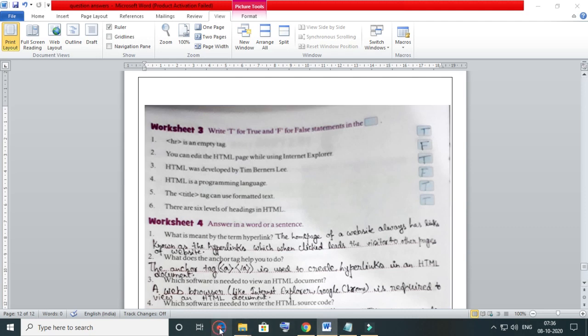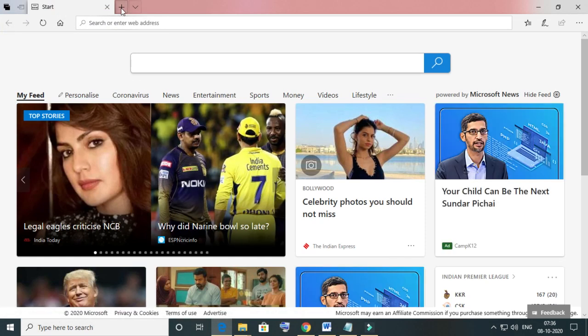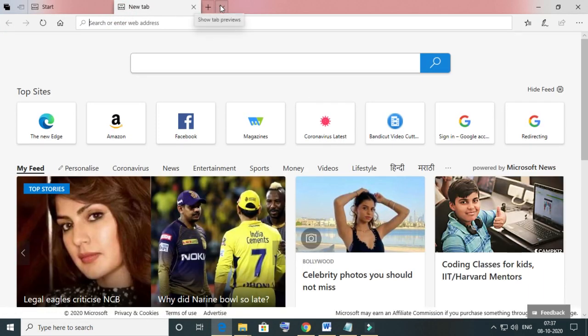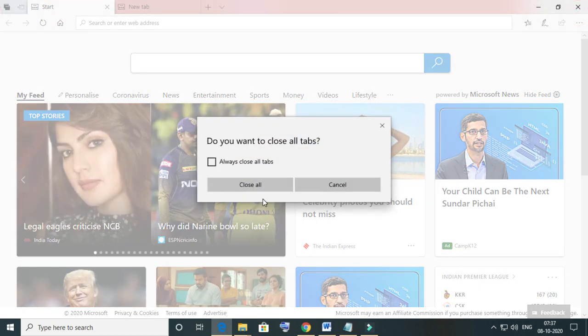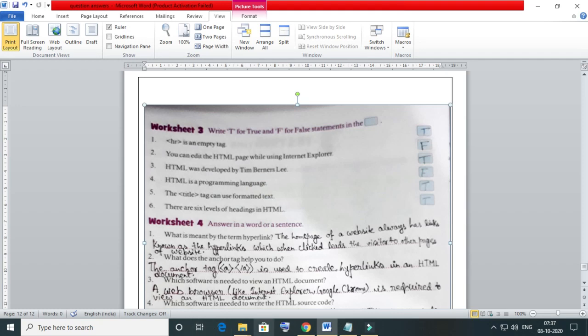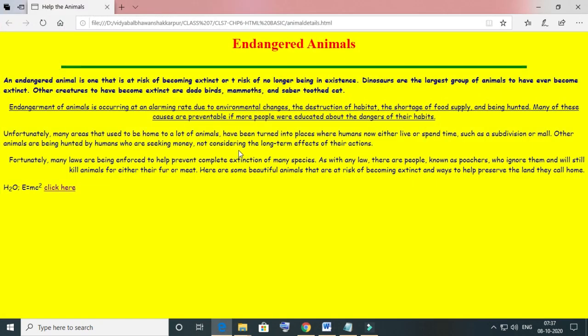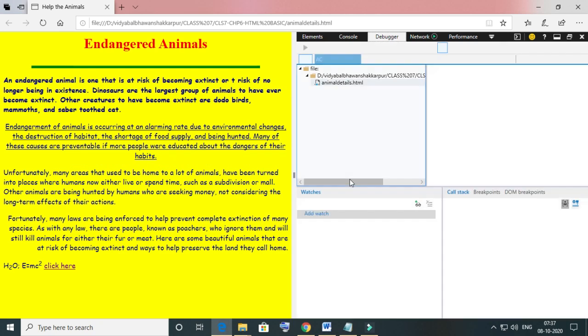Just come to Internet Explorer. As we were seeing the pages over here, like the pages in animal details, we can see the page and you can see the source code of the page.